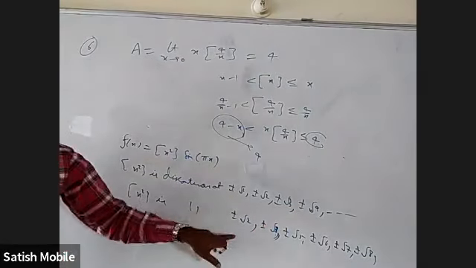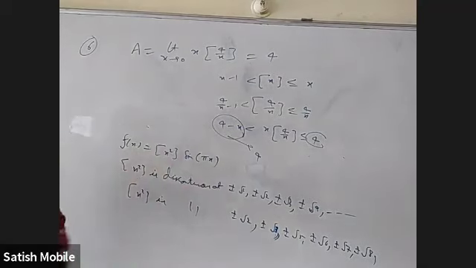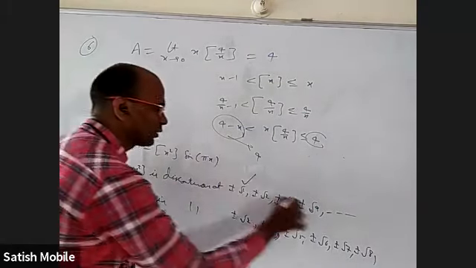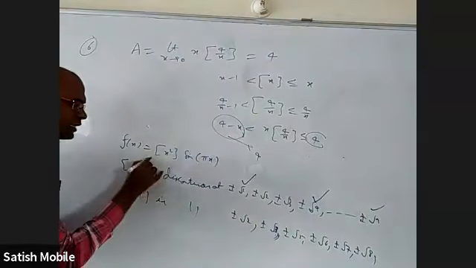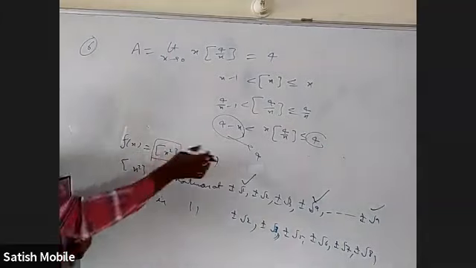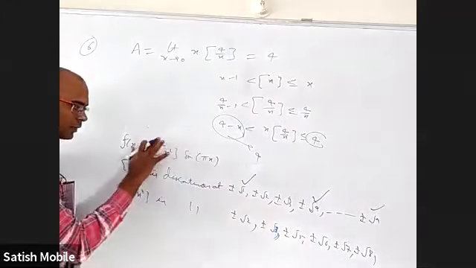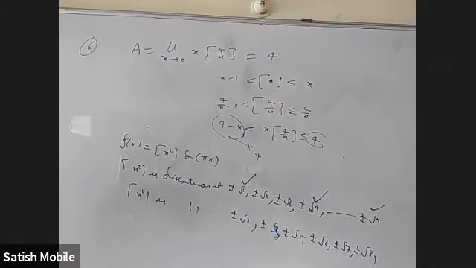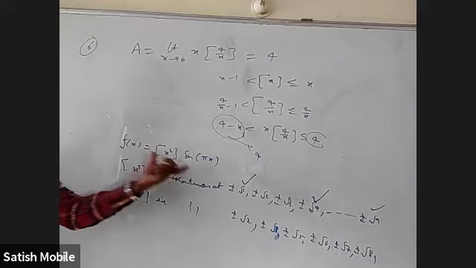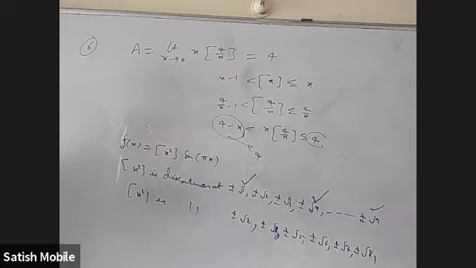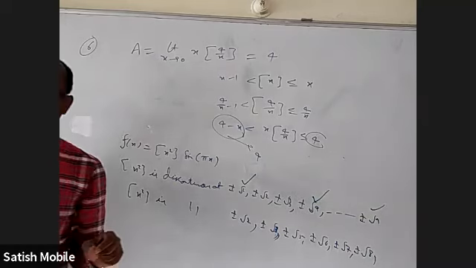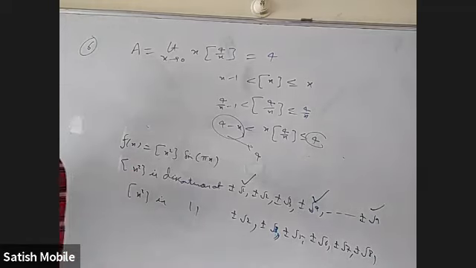Root of an integer, and that integer should not be a perfect square. Only at those places is it discontinuous. If I take 1, 2, and plus or minus root 9, at those places, this alone may be discontinuous, but the product is actually continuous. So this total function is continuous at every integer, but discontinuous at square root of an integer which is not a perfect square, plus or minus of that.